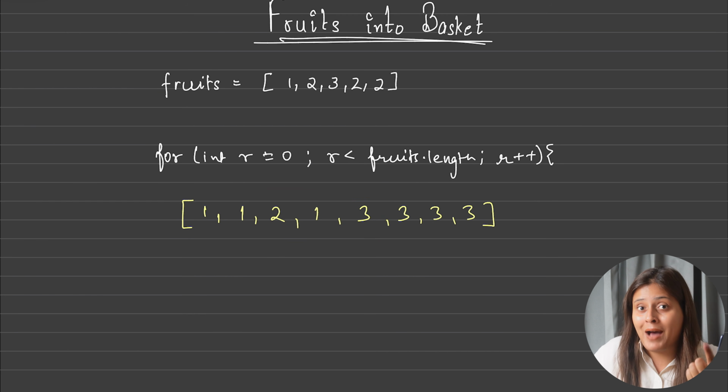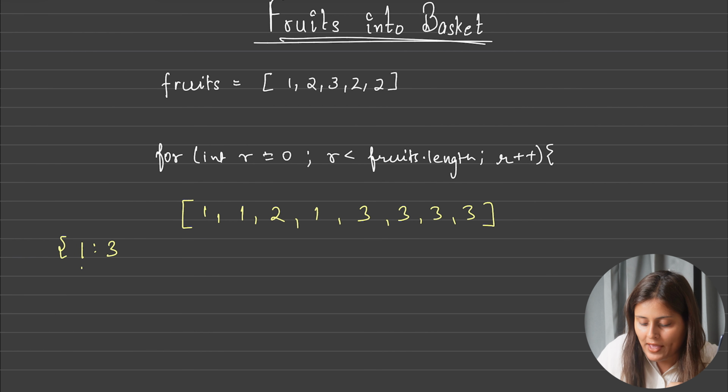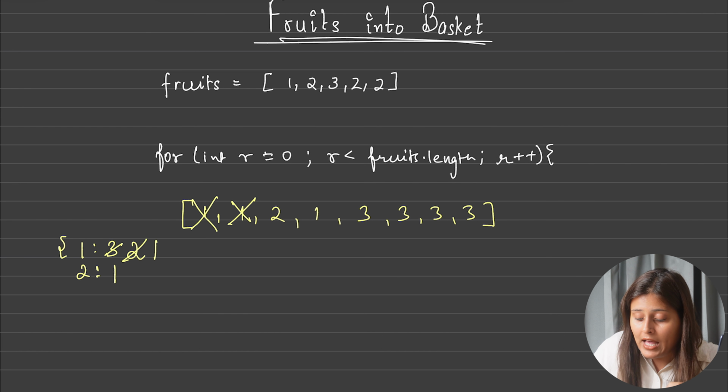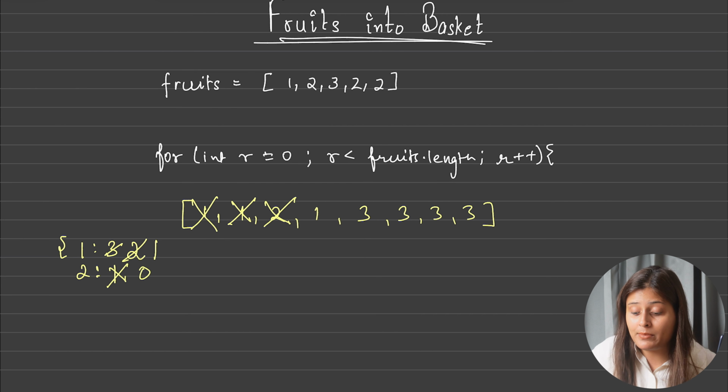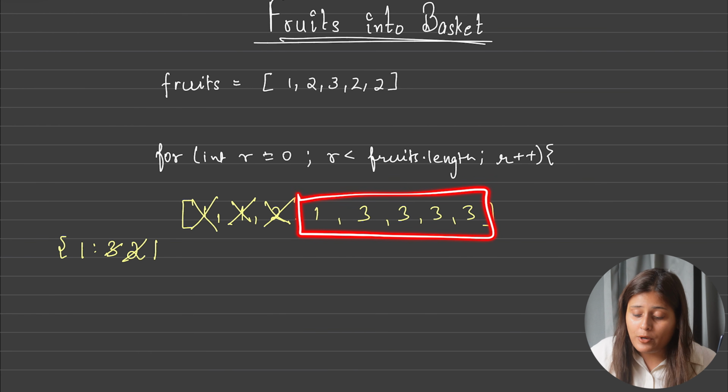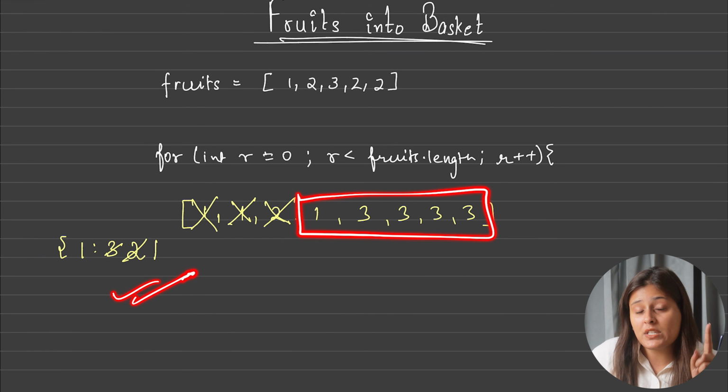And if you consider the map with the frequency count, initially in the map I have for 1 a frequency of 3 and for 2 a frequency of 1. So I will ignore this and reduce the frequency here. Again I will ignore this and reduce the frequency here. I will reduce this frequency, and it will become 0. And as the frequency becomes 0, I can remove it from this map. So now 2 will not be there anymore, although 1 is still there, and I can say this is my maximum length. This is only possible with the hash map because the frequency count is needed here.